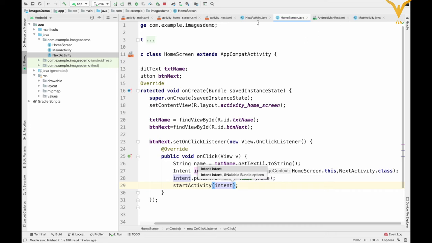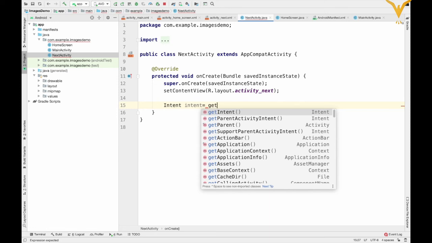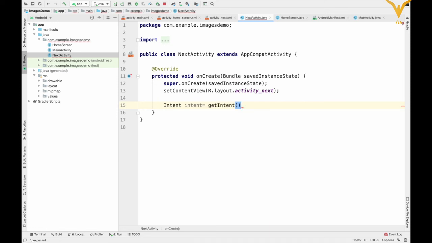Okay, now in the next activity we will create intent variable and get intent. This method is used to get the intent assigned to this activity.